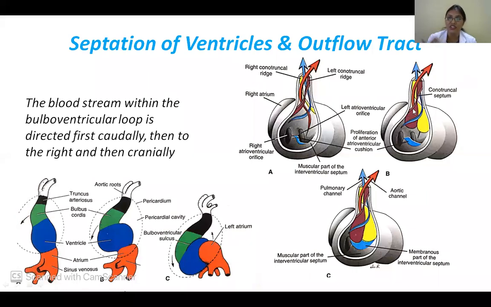Okay, it just hits the walls of the distal part of bulbus cordis, which will contribute to your outflow tract, and there will be cushion tissue. So yesterday I gave you that cushion tissues are both mesenchyme and neural crest. So migrating neural crest cells come here and form those cushions, and they start forming the septa. You can see two different colors. So from right and left, bulbar ridges form and they meet.